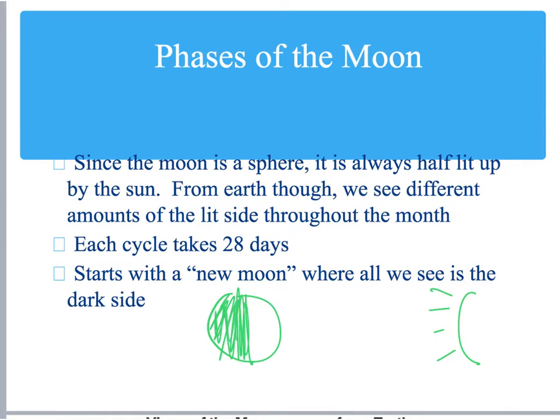But the reason we get the moon phases is that we see different amounts of it throughout the month. The moon is going around the earth. It is always half lit up. However, we see different amounts of it based on the position of the moon to the earth. I wish I could be in the classroom and show you this, but if I'm facing the front of the room, so if I'm facing my desk, but I'm standing behind you all,